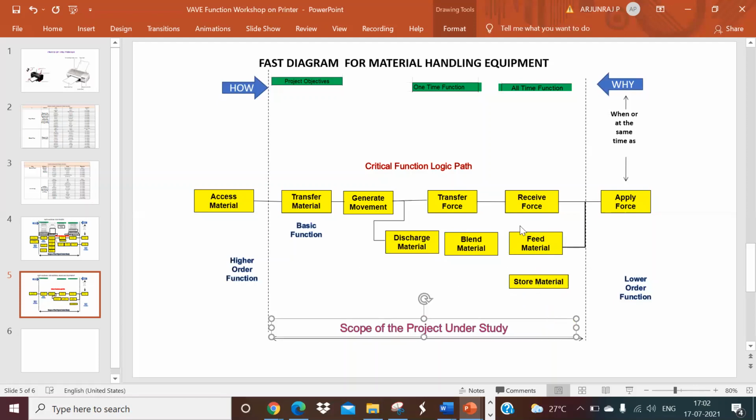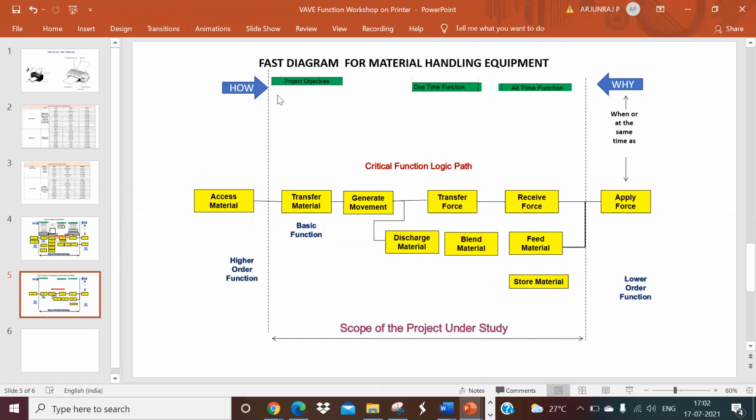But anyway, what happens is we are going to consider all these functions which are between the left scope line and right scope line for our function cost. Okay, now we need to allocate a function cost. See, that is what I have told, right? With respect to the allocation percentage, you have to give what is the cost involved for this, what is the cost involved for that. If you do not know the cost, what you can do is you can create ideas using the functions alone. Now you can look for various new ideas, but if you have the function cost it will be good actually.